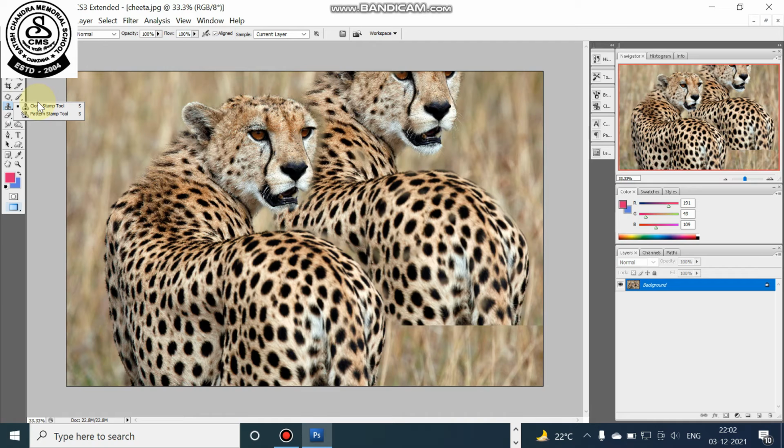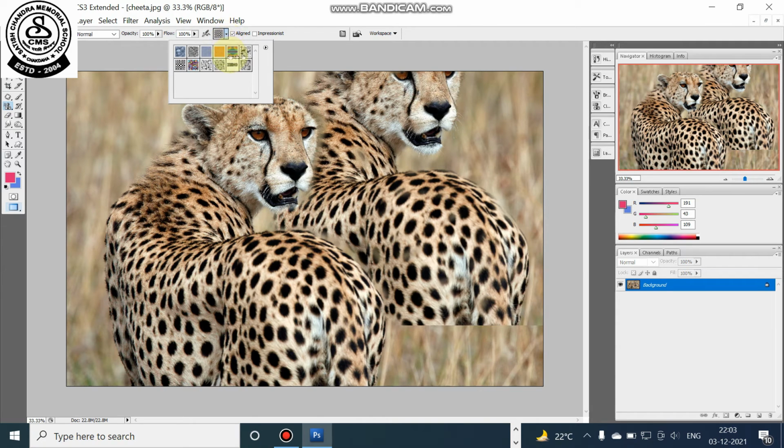So this is done. Now another cloning is there, that is called the pattern stamp tool. Here you can clone a pattern. How? You first right click on this tool, a menu will come, and the second option is the pattern stamp tool. You click on the pattern stamp tool. You can see the mouse pointer is very tiny here. I want to increase the pixel size. Suppose the pixel size is 125, and we can increase the hardness also, suppose 48%. Then we have to select the pattern.